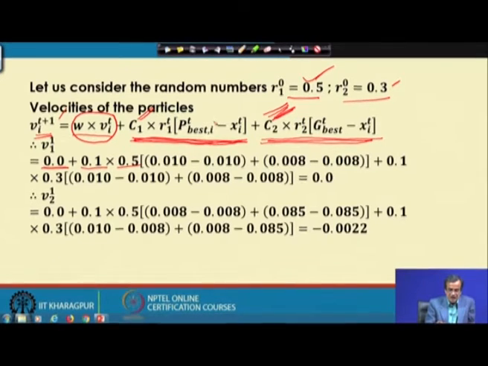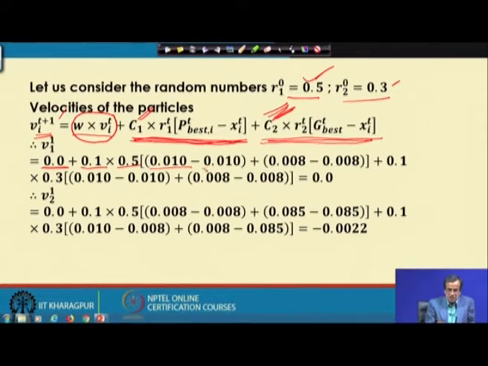Now, the p best corresponding to the first particle. This is nothing but 0.010, which I have already discussed, multiplied by x_i with respect to t, that means the value of the design variable corresponding to the first particle.